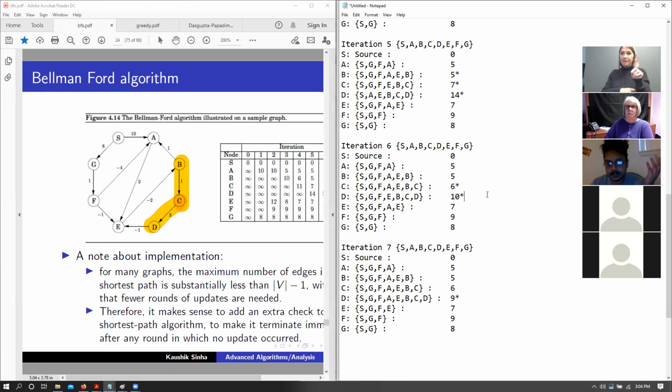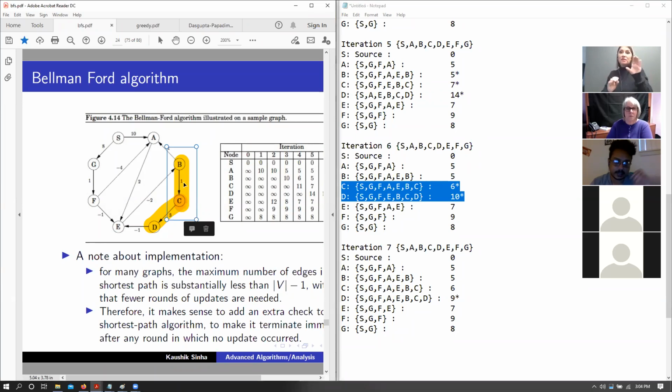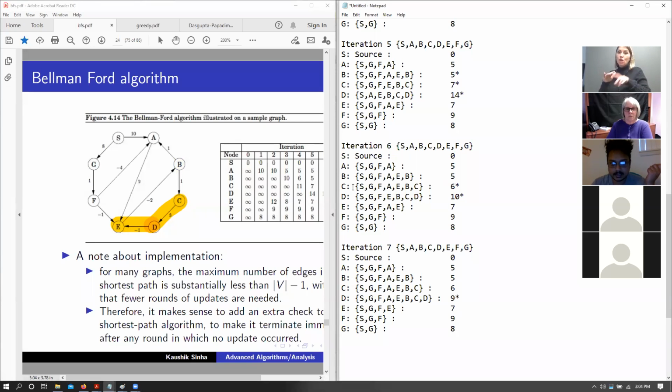Now that we have updated these vertices, we have only updated C and D, and we only care about the vertices that are connected to C and D. So C is connected to D, that's fine, and D is connected to E, that's fine. So the only thing that we should update is D and E. So D basically should be a path that is C, that has the current value of 6 plus 3. So D's initial value was 10 here. D becomes 9, that is 6 plus 3.